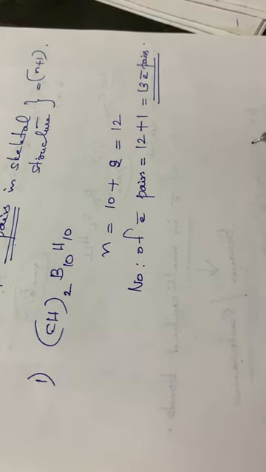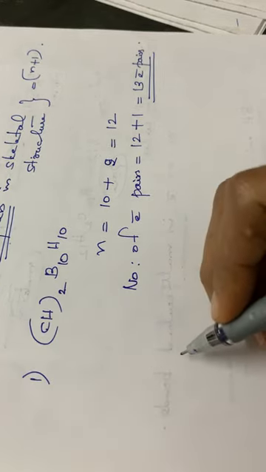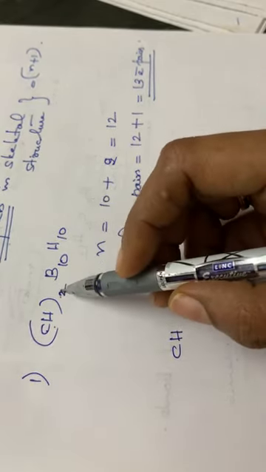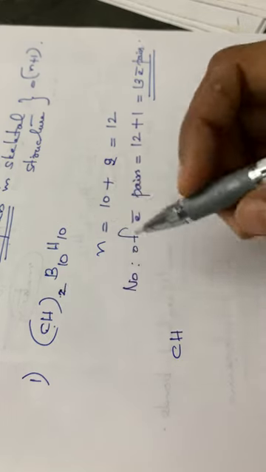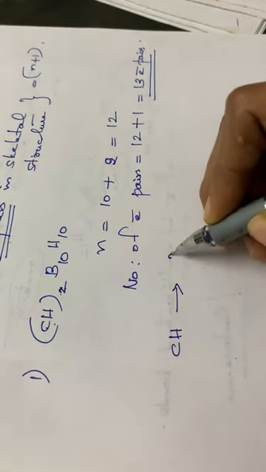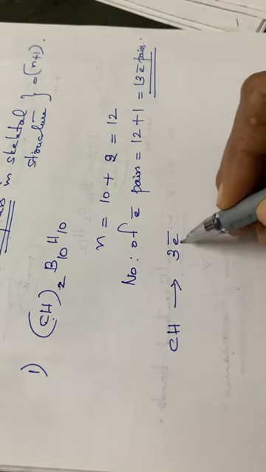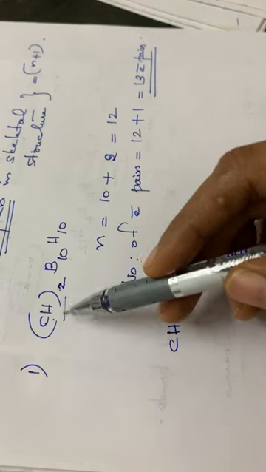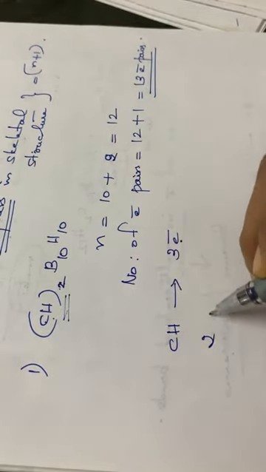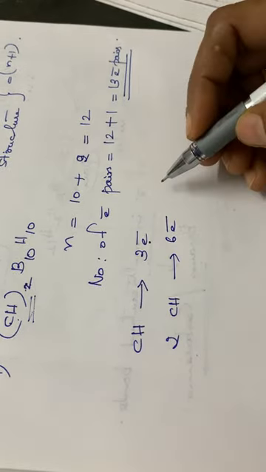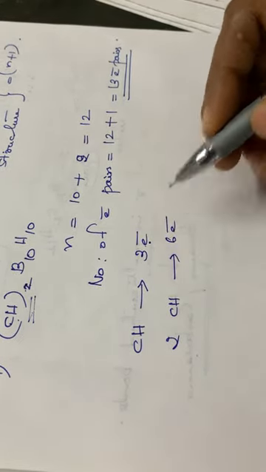Okay, so now you have to apply Wade's rule also. So according to Wade's rule, the last point is that the CH units, see here it has got CH units. How many CH units? 2 CH units are there. So one CH unit will be contributing how many electrons? 3 electrons, isn't it? So 2 CH units means it will be contributing 6 electrons, that is 3 into 2, 6 electrons.